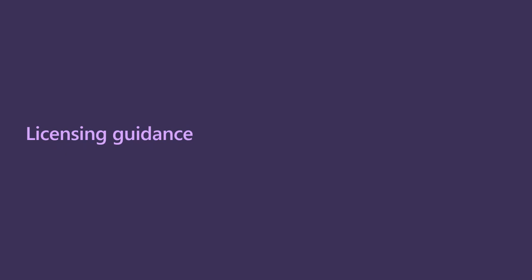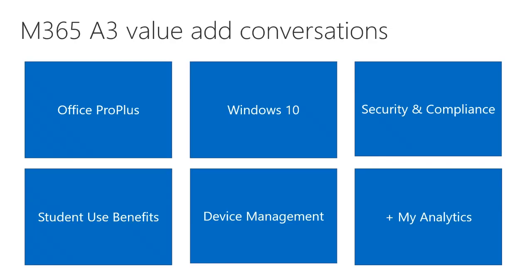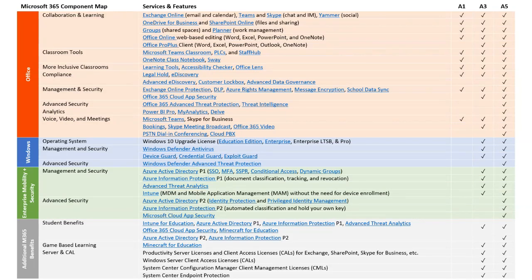I'm very much aware that our licensing models can be confusing. So I want to very quickly look at why our customers have moved to M365 A3, and then we'll also look at A5 as well. Generally, we see customers motivated by these 6 drivers: a desire to use the core components of M365 through Pro Plus, through Windows 10, and then the increasing security and compliance solutions around the M365 stack. But it's really compelling to tell our customers what the real value is here. Apologies in advance, because this is actually a terrible slide to look at, but I find it really useful when I'm talking to my customers around what they receive.